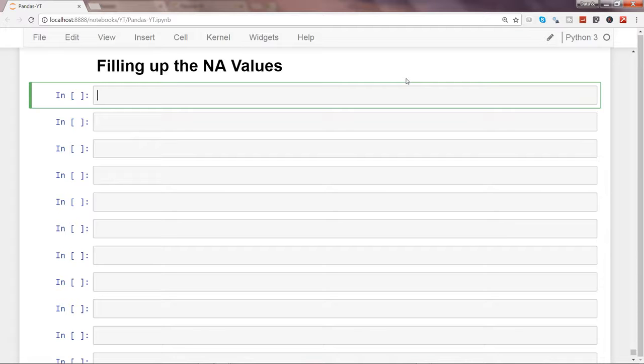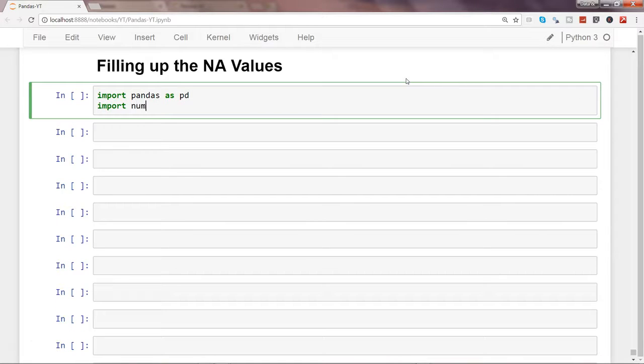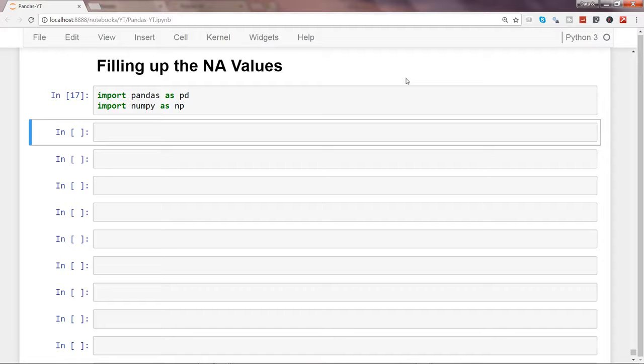null values. So first of all, let's import our libraries, which is pandas as pd, and we will import another library which is NumPy as np, because I will create a custom series which will have the NaN, not a number value, which we can create by using np.nan. So I'll execute that, and I will create the object null_values by creating pd.Series, and here I can specify some dummy numbers using parentheses and then these brackets,